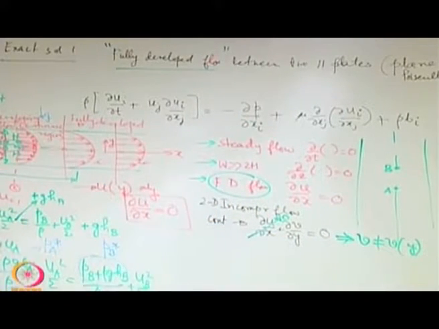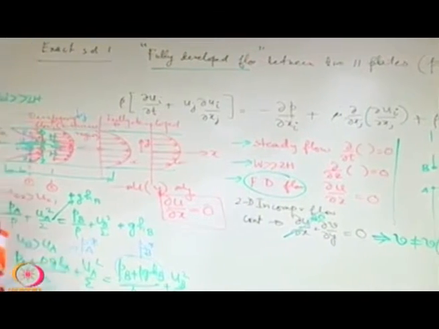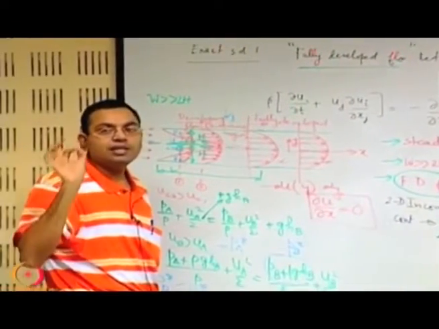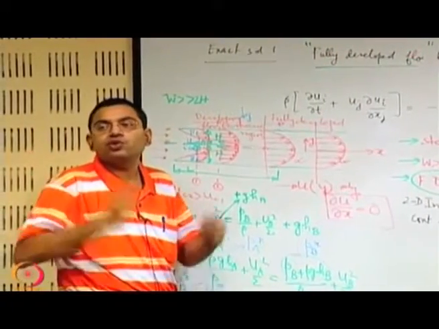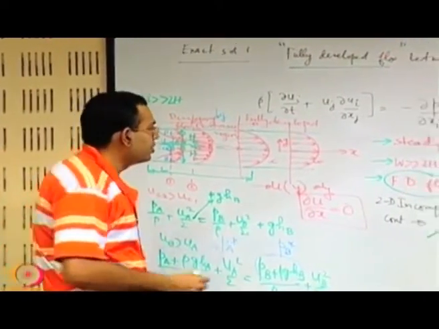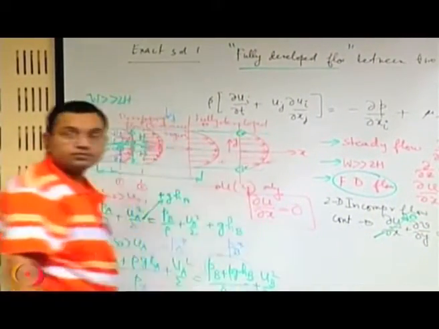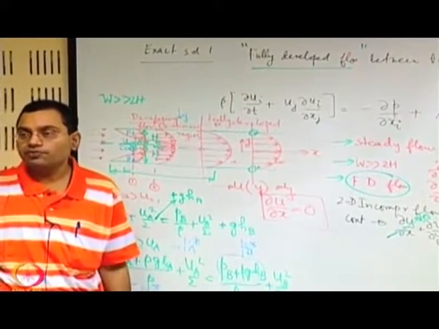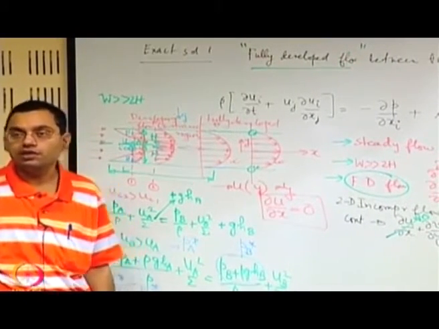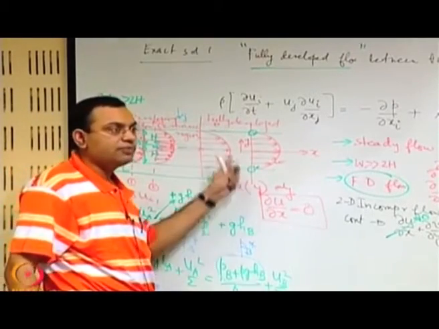Since V is not a function of y, if we find out what is the value of V at some particular y, that should be true for all values of y, right. So, the solution for V is not that difficult if we just have to find out the value of V at some point which is known to us, say at the boundary, for example. So, if you look at the boundary, at these points what is the value of V? 0, because of the no penetration boundary condition.